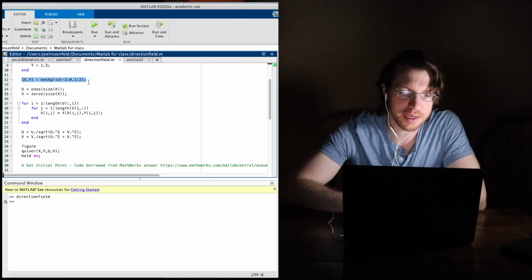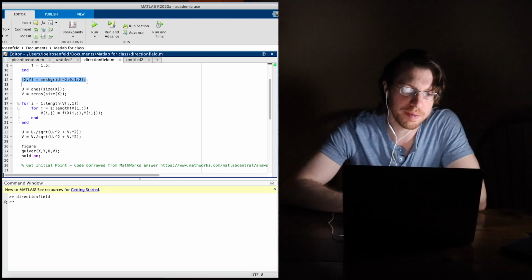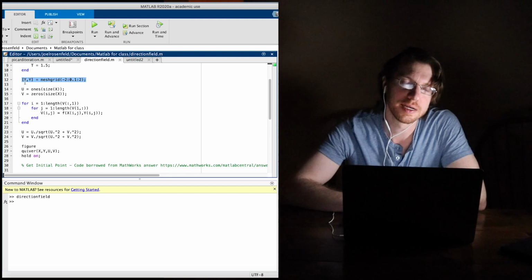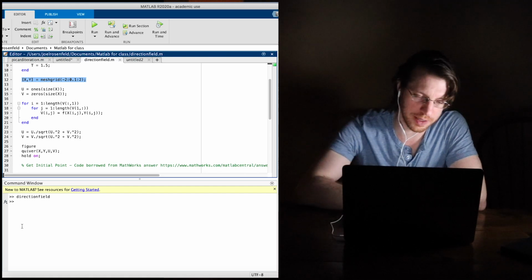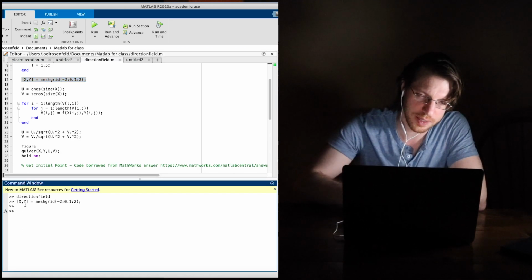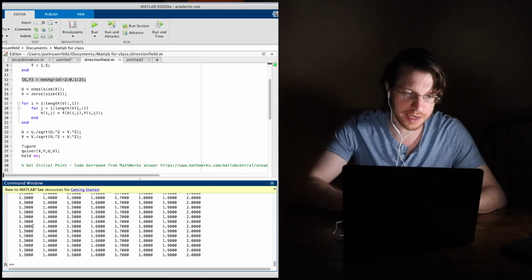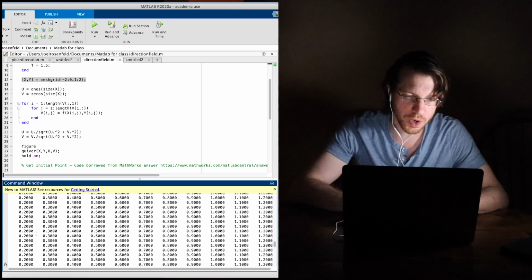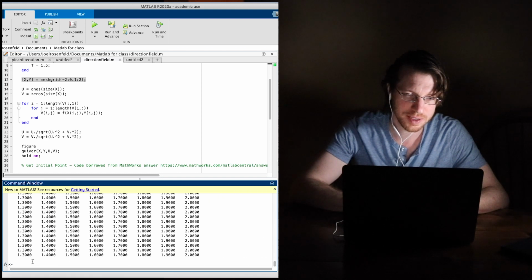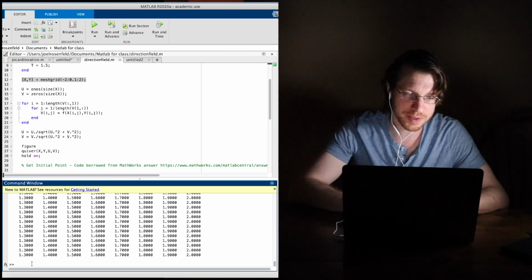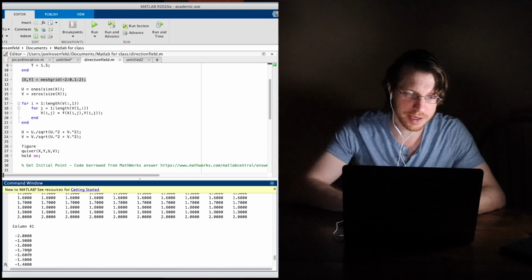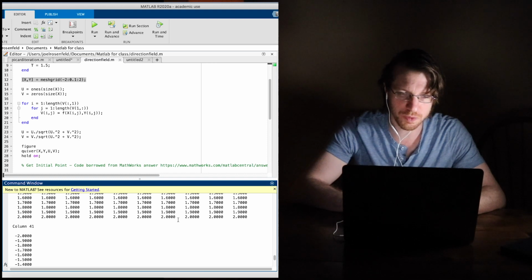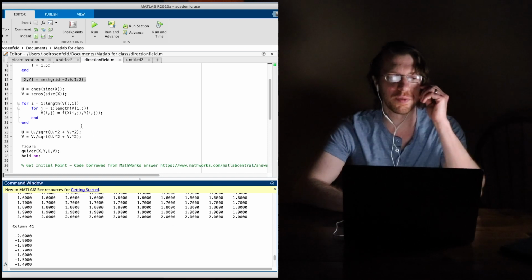So first thing we're going to do is make a direction field. And so in MATLAB, you need something called a meshgrid. And so this is going to collect all the x values, and it's going to repeat the x values here. So if I go and copy that and paste it here, you'll see. So if I say x, each row gets repeated with the same x, and then if I type in y, you'll see, it's harder to see here actually, there we go. So each row gets repeated with the same y. And so when you put these two together,